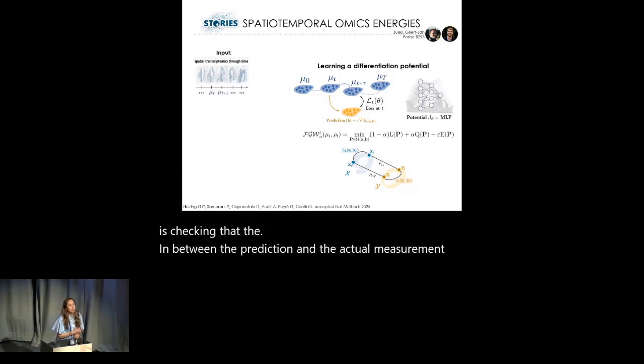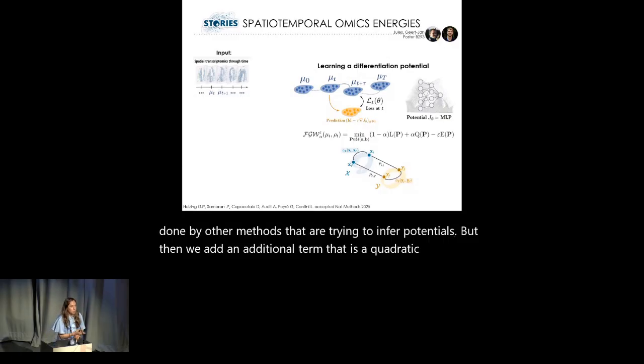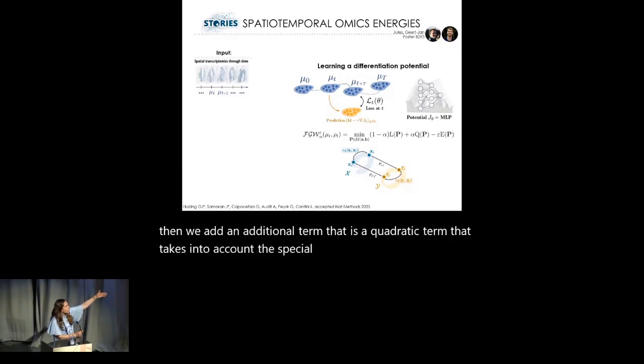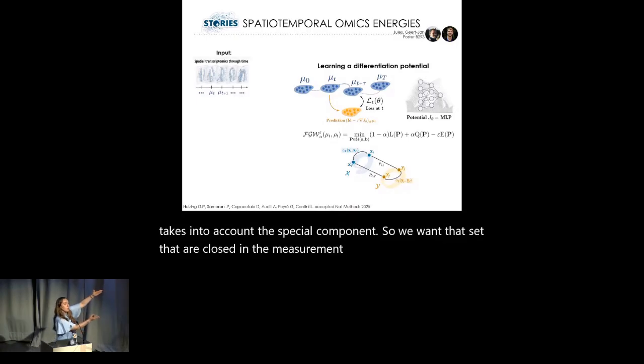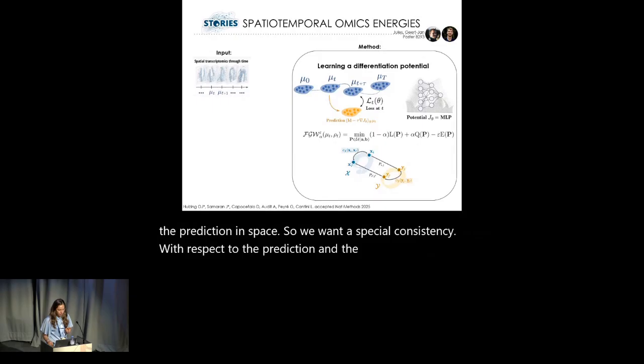And this is what has been already done by other methods that are trying to infer potentials. But then we add an additional term that is a quadratic term that takes into account the spatial component. So we want that cells that are close in the measurement in space are also close in the prediction in space. So we want the spatial consistency with respect to the prediction and the measurement to be emphasized in the method. And what you can do with that, you can infer trajectories, you can reconstruct this differentiation landscape, and more